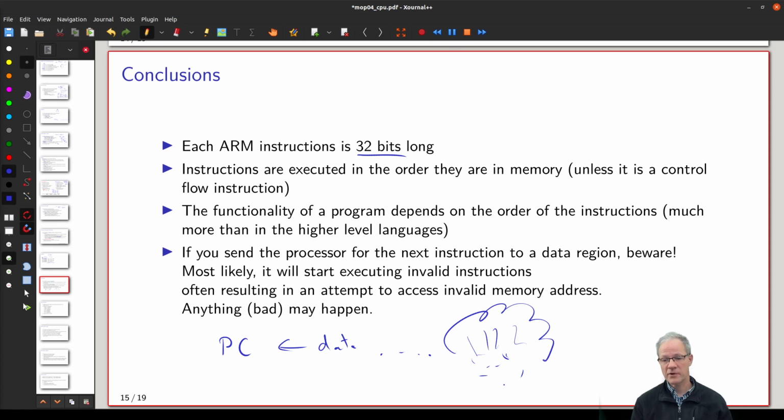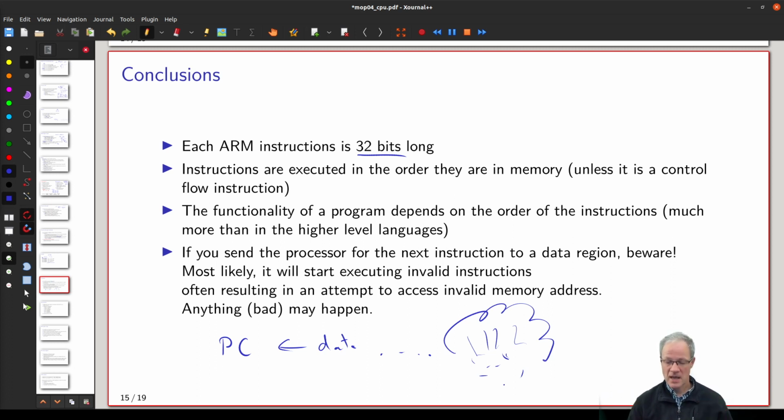It could be that it's a privileged instruction. You're also going to have an exception. At least your program is not going to move forward. Or it could just randomly happen to be a valid instruction that's going to all of a sudden mess up something else in your code. It's going to jump to a random location. It's going to mess up the data, or I don't even know what's going to happen. So beware,